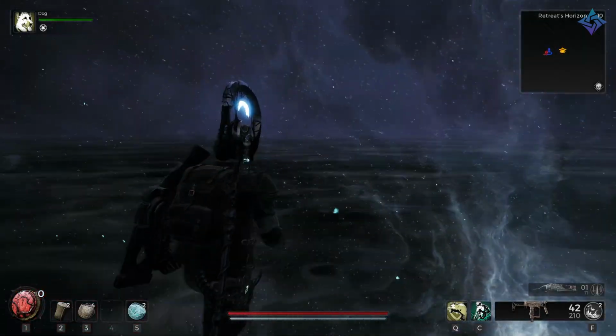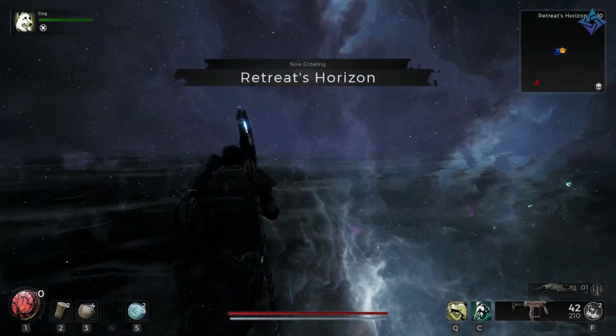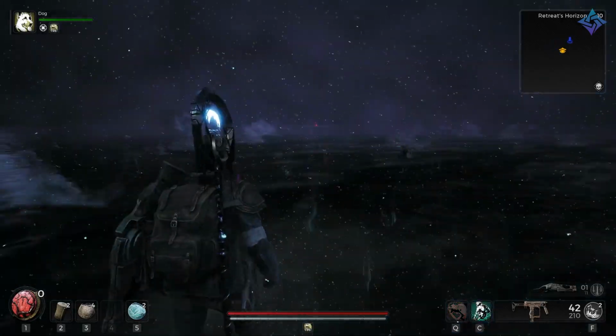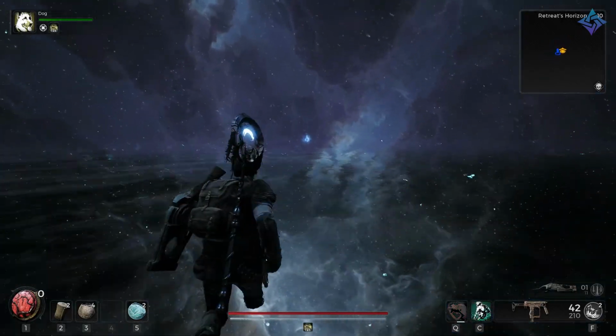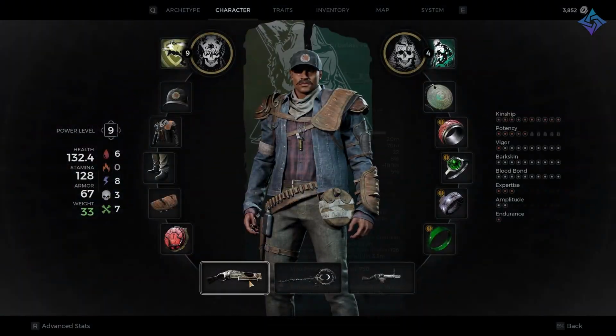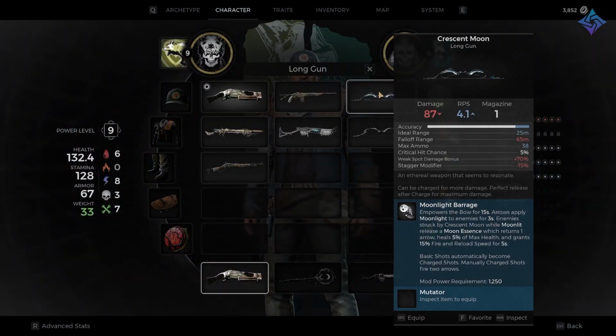Use that consumable, and you'll teleport to a different realm, and then you just need to run straight out from the checkpoint there, and you'll actually unlock this Crescent Moon long gun here, this bow. Pretty cool bow. I'm not a big bow guy, but it's another weapon, and if you are a bow person,